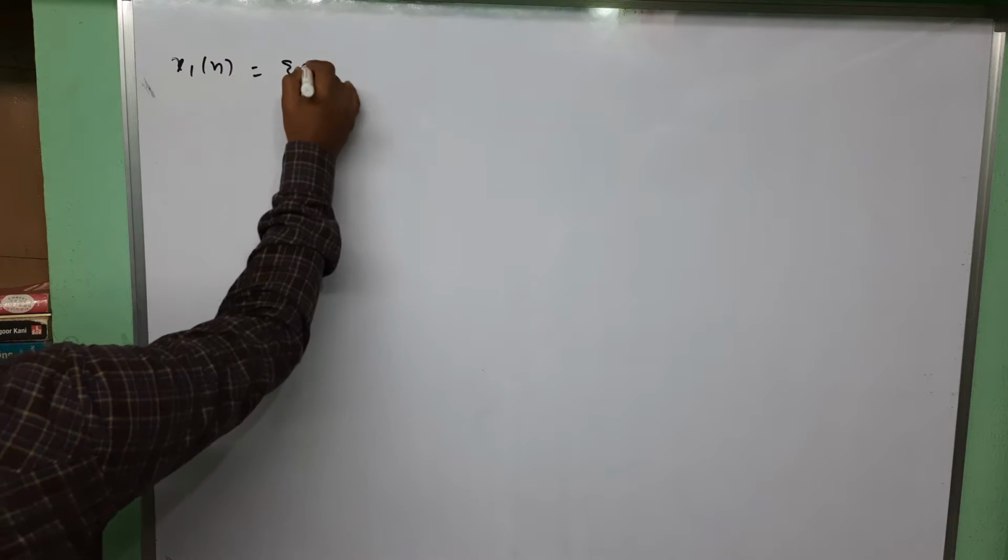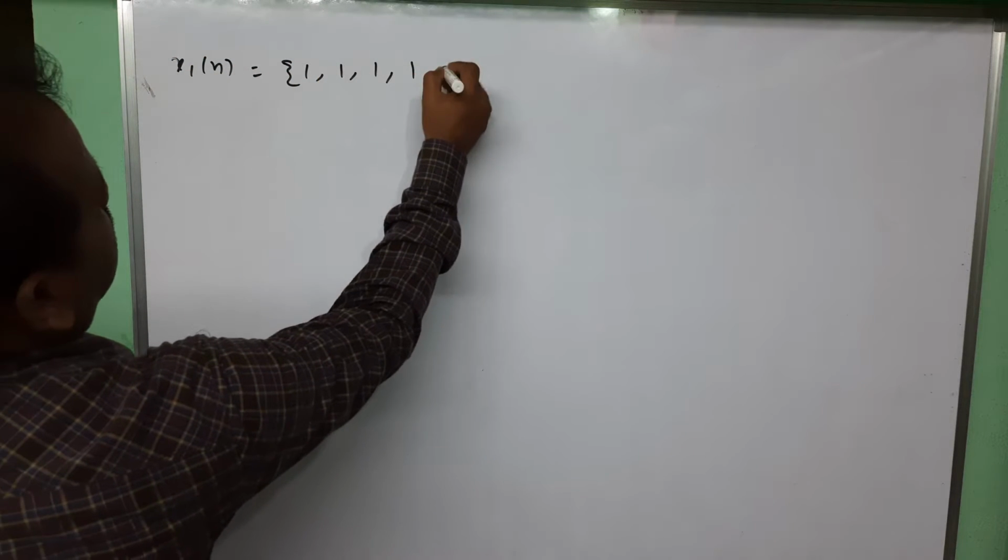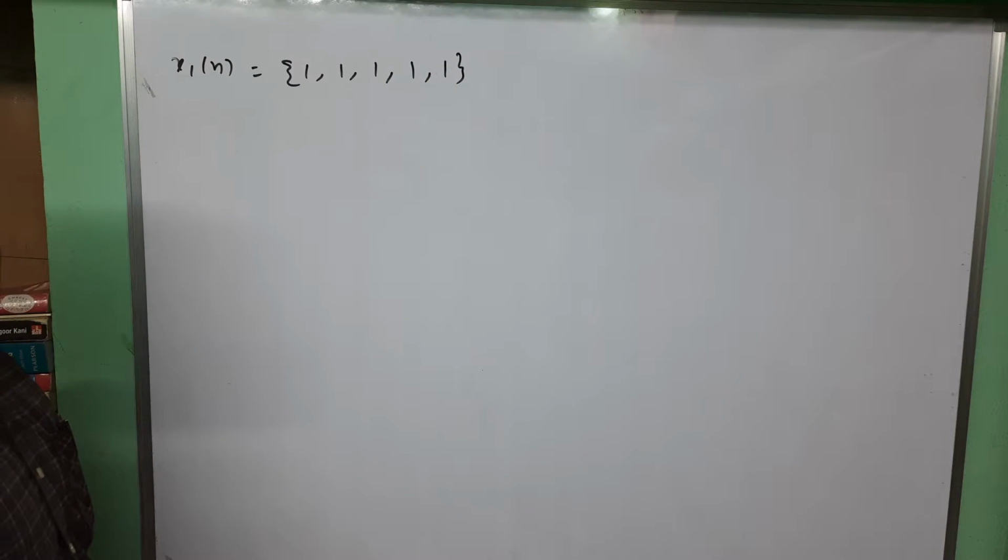Good morning, students. In this video, let us find the Z transform and ROC of finite duration sequences given for left side signal, right side signal, and both side signals. Three categories let us cover for Z transform and ROC for finite duration sequences given like this. X1 of n I am taking first, that is given as a sequence of 5 ones like this.